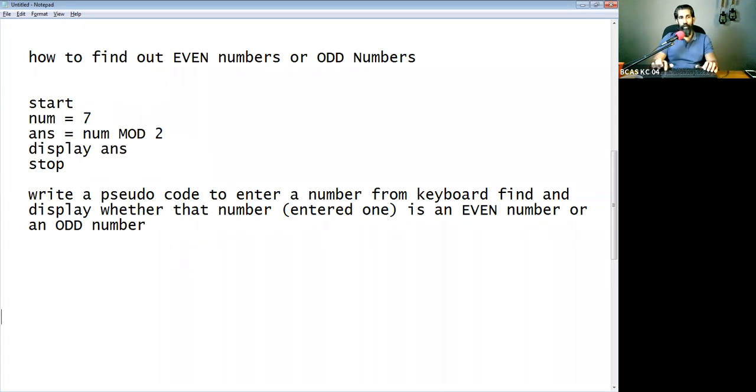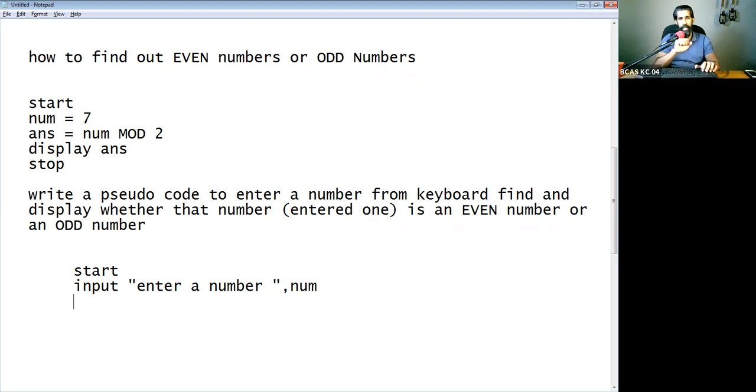Let me show you how it can be done now, right? We can start the program. We can say input, we can say enter a number. We can ask the user to enter a number and we can hold that number in the number variable. All of you are comfortable with this? Do you understand up to this point? Yes, sir. Right, good. If it is difficult for understanding, please let me know, right? In start, input number, we ask the user to enter a number.